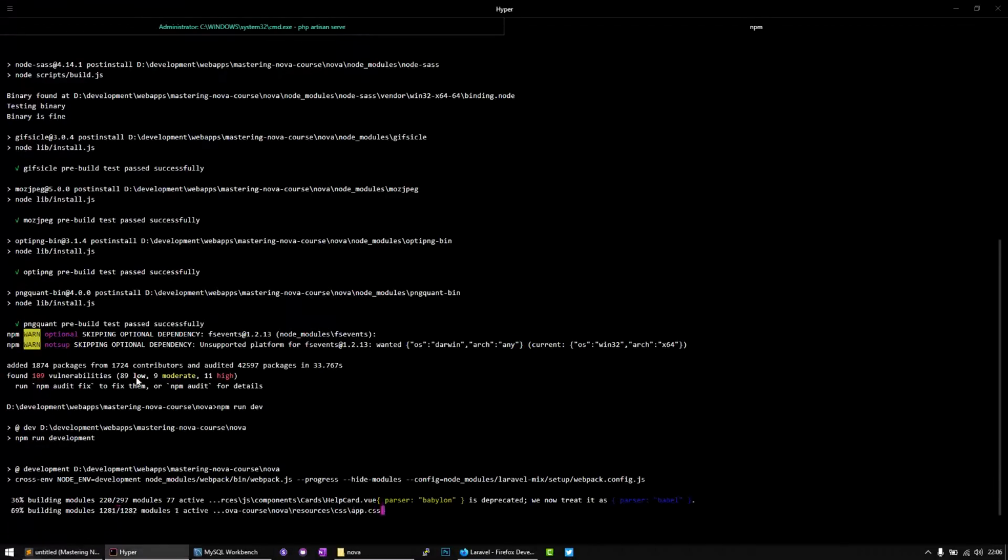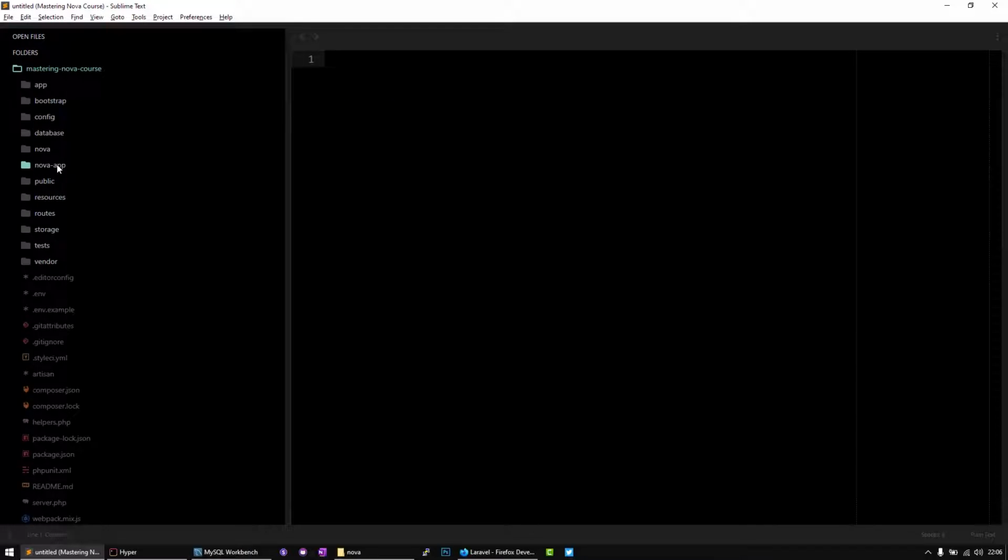You're going to see here that folder called Nova app. So here it is, Nova app, public, and then the vendor, and then Nova. It's exactly the same as you have here, vendor and Nova. So at the end, what we need to do is just copy and paste this vendor to this place here,